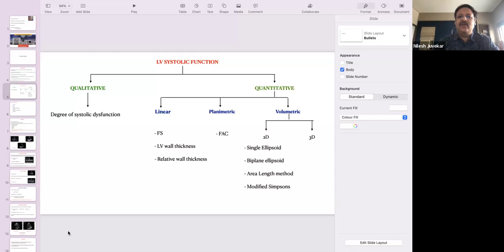The experienced echocardiographers can also label a number, a particular range, to that particular systolic function. However, it is always advisable to complement this qualitative assessment with quantitative measurements, which may either be linear, planimetric, or